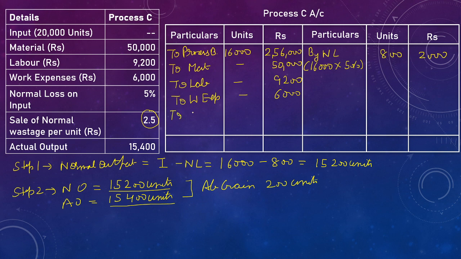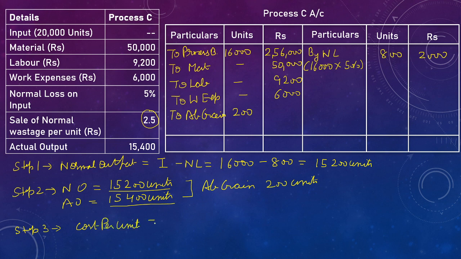So on debit side we have to write abnormal gain and our units are 200. Now for the valuation of abnormal gain we have to calculate cost per unit. So our step number 3 is cost per unit,